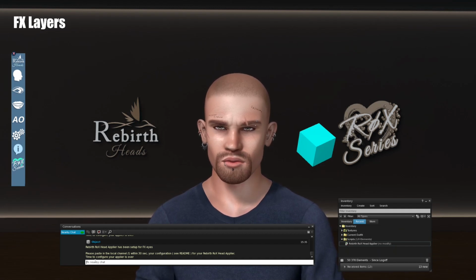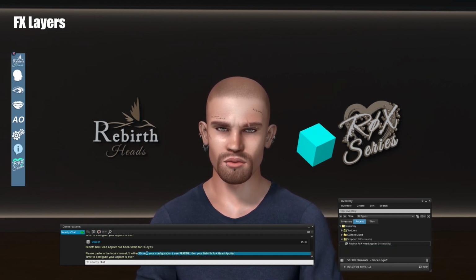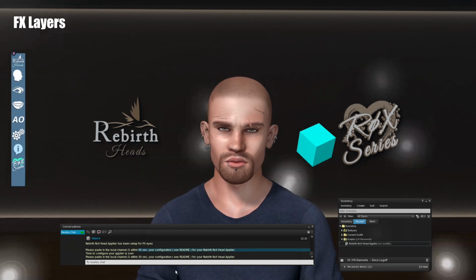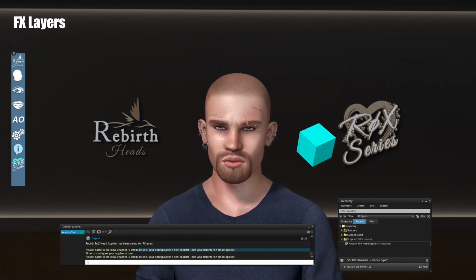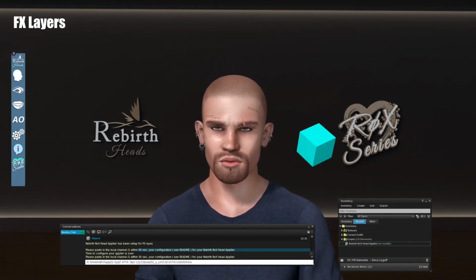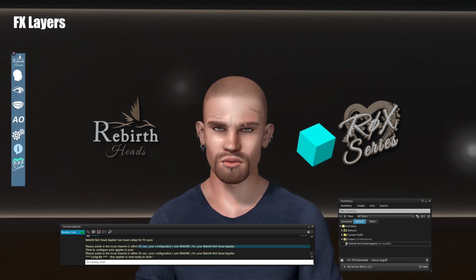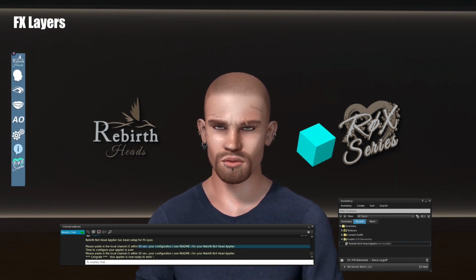So there, it didn't work because in fact I had 30 seconds to write the command line. So I reboot, I click on the HUD again. /1, space, the command line, I confirm with the Enter key. So everything is going well since we hear a confirmation sound which also sends you a message from the applier to tell us that it is now working.